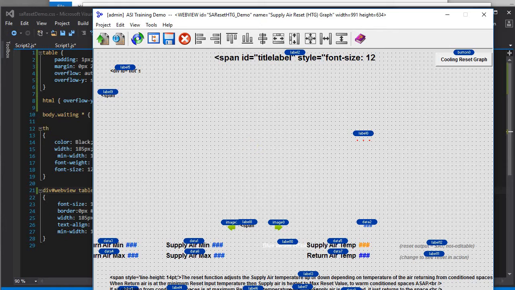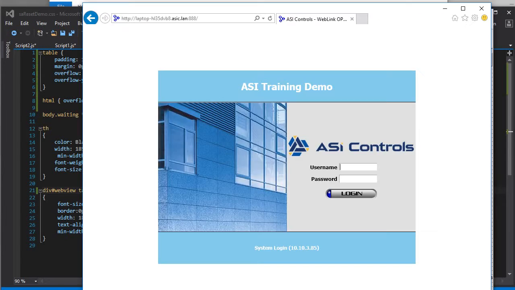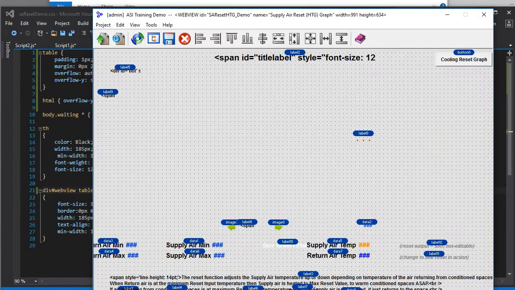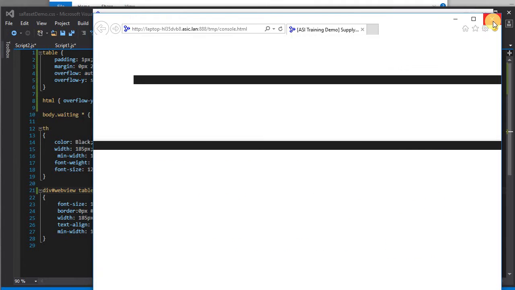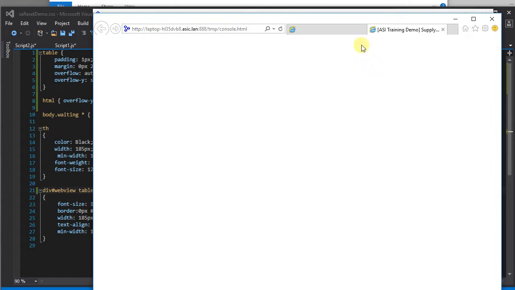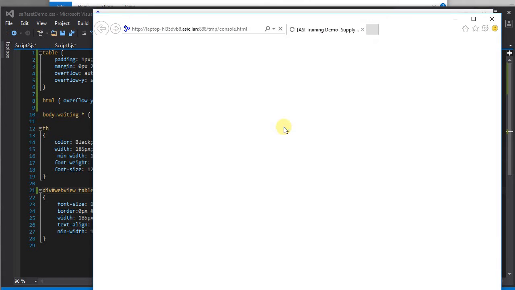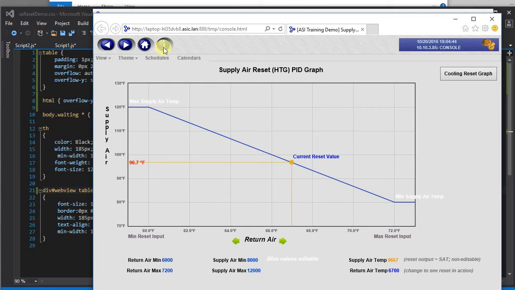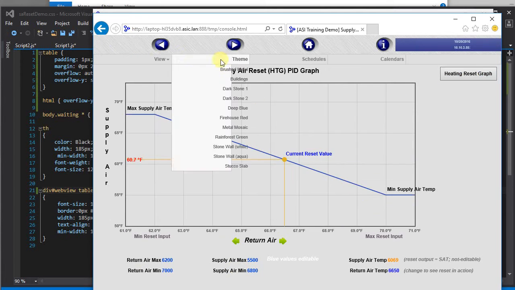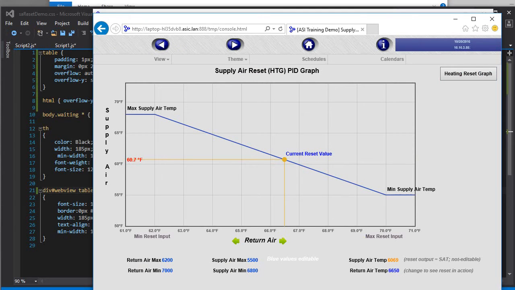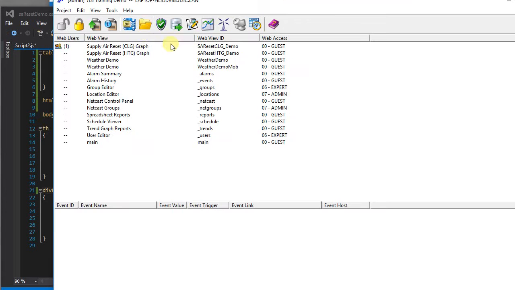So now if we spin up our page again, let's get rid of some of the older ones. We should see that the header's been fixed because we're no longer applying that right alignment to those cells. If we go to our cooling reset graph, see it's also got some issues there, so let's go fix that. Save this,